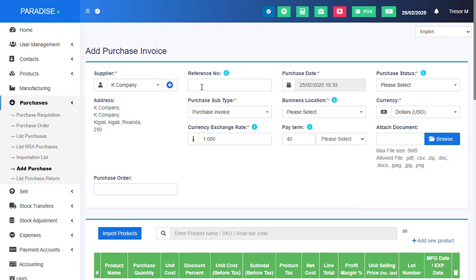You skip reference number because this number is generated by the system. The purchase date, it corresponds to today's date usually, and the purchase status indicates whether the goods have been ordered, are pending, or have arrived in your stock. When you say that it has been received, that means those goods will affect your stock and your stock will